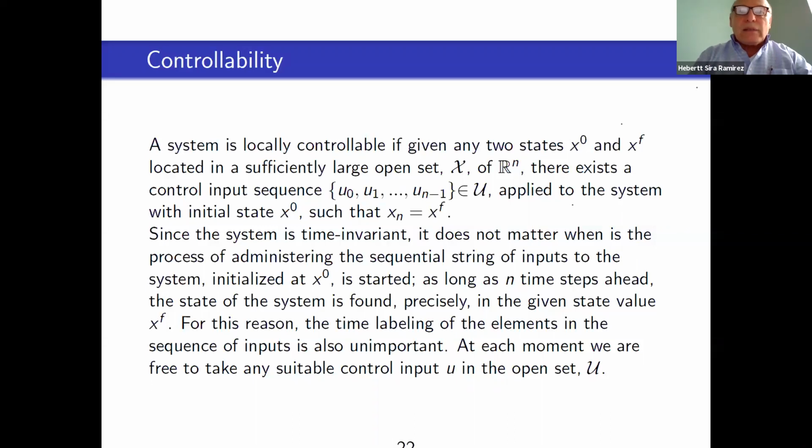And because of the time invariance, it doesn't really matter where you start or where you initialize your system. The important thing here would be the existence of that sequence of control inputs that would take you in at most n steps to the final desired value. So for that reason, we can temporarily dispense with the time labeling of the elements in the sequence of inputs, because that turns out to be unimportant. What is important is the structural properties, and controllability is the first important structural property of dynamical systems which are being controlled. So we will take a generic control input in the open set U, and from that we will